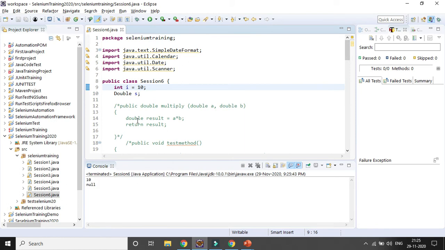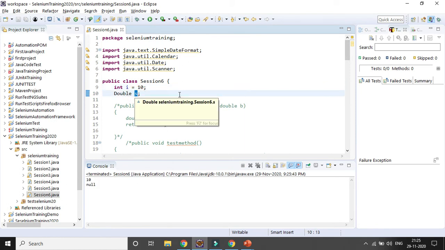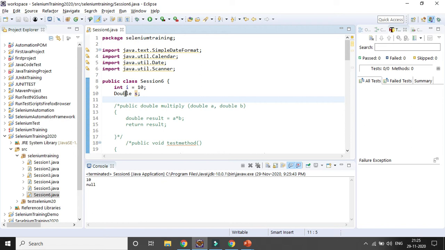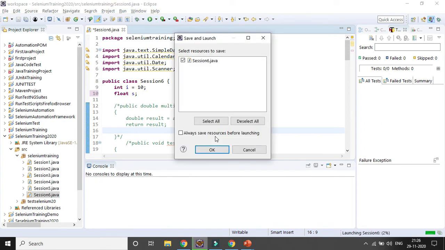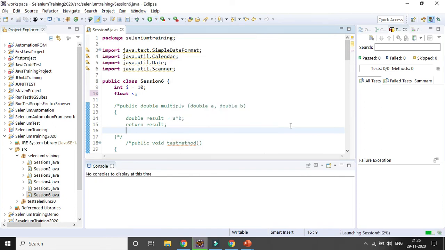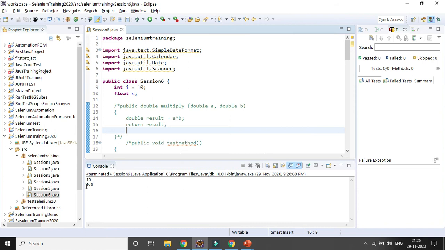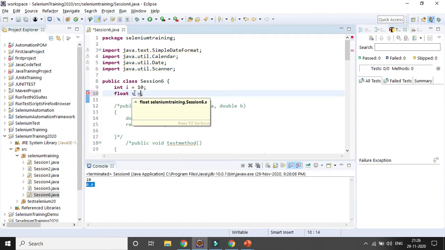Okay, sorry, for double, no. For float, let's change it to float. If you change it to float, you can see the default value will be 0.0.